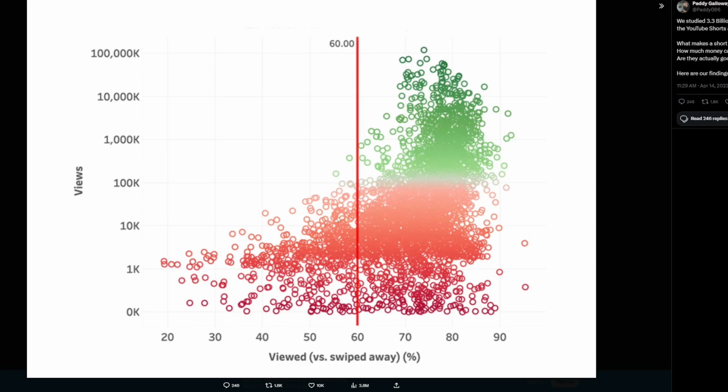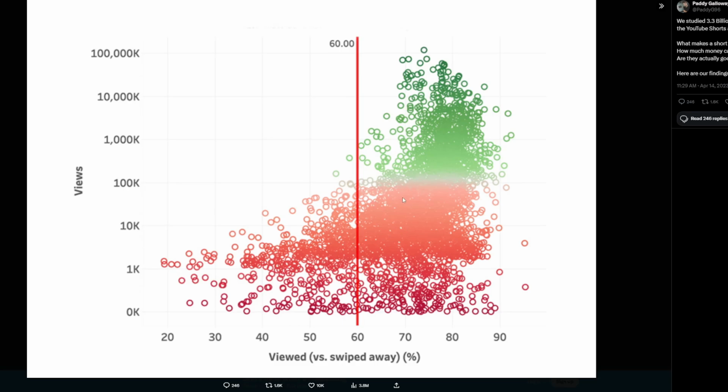So the vertical red line here is indicative of a big cutoff point. So he found that if the swipe rate is under 60%, there's virtually no shot your video will be getting over 100,000 views. Now, I'm not going to say that 100% of the time that is true, because I'm sure there is a handful of people out there who got more views with an atrocious swipe rate like under 60%. However, in my experience, that is pretty spot on. Every video under 60 is completely a dud for me.